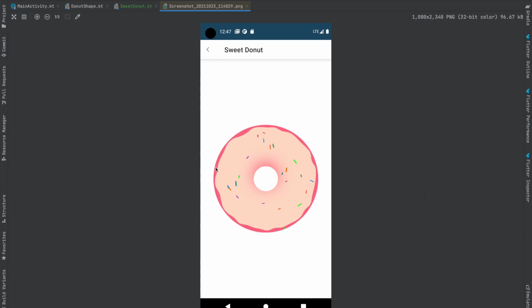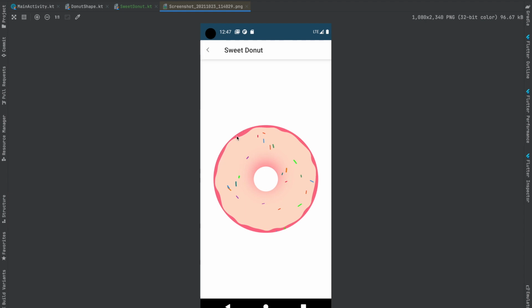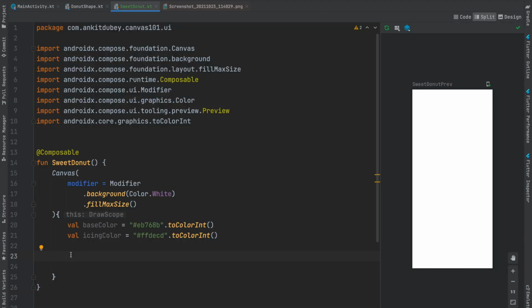First of all, you have to draw its base, which is the pink color circle. We know that to draw this base layer, we have to create a circle. And as we have learned from the previous video, we can use the draw circle method. Color equals to Color 0xff EV768V. And its radius will be